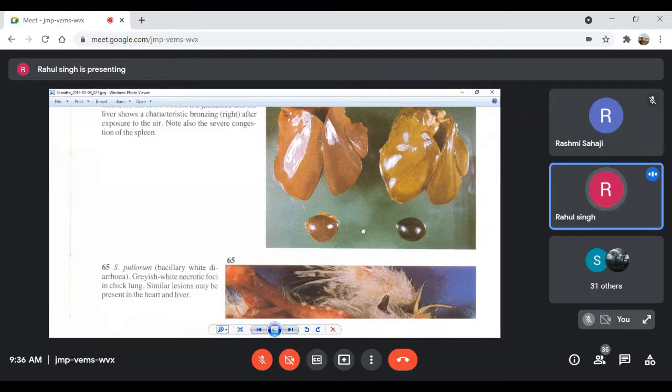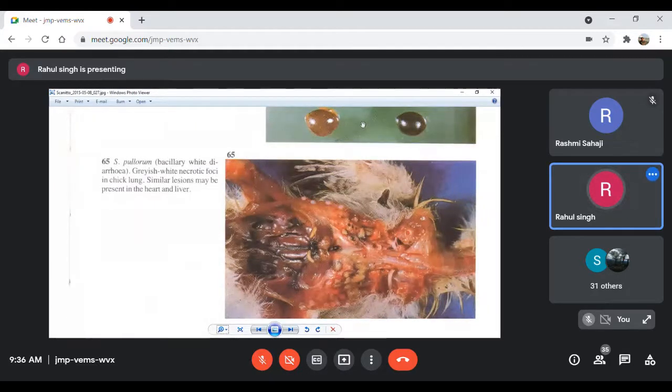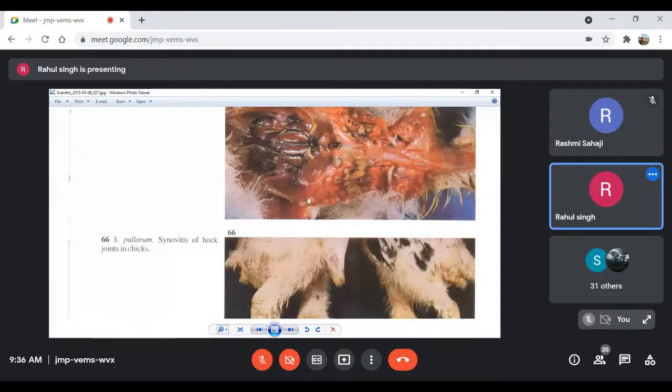And in this Salmonella pullorum infection, we can see there is formation of numerous lesions. This is the neck of the bird. This is the wing area, kidneys, the juvenile testis of the bird, the leg muscles. And this is the lungs part. You can see trachea, small trachea also, and these are the lungs. You see numerous yellowish necrotic foci over the lungs. And such lesions, they say, are present also on the heart.